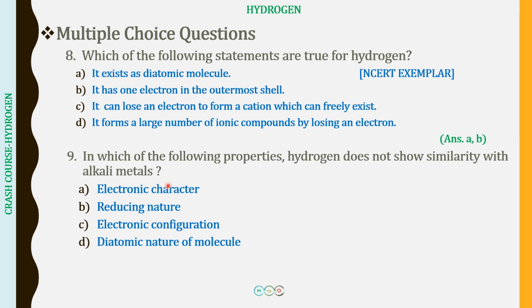The fourth choice obviously is going to be the incorrect one. Hydrogen exists in the form of H2. It is similar to halogens in this respect, where they also form F2, Cl2, Br2, I2. But the alkali metals, if we look at them in the vapor state, because hydrogen is a gas, so we will be comparing the vapor state of alkali metals also. In the vapor state, alkali metals exist as monoatomic forms. They will not exist as Li2, Na2, K2, etc.